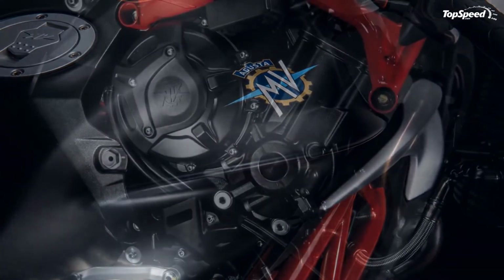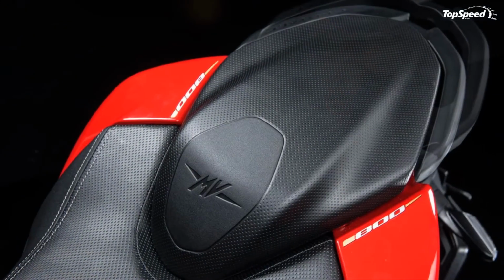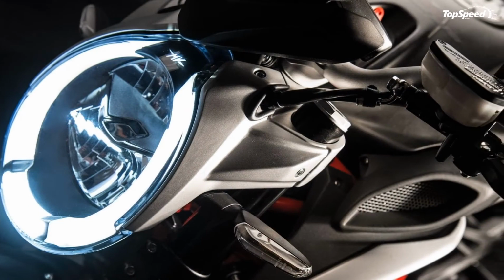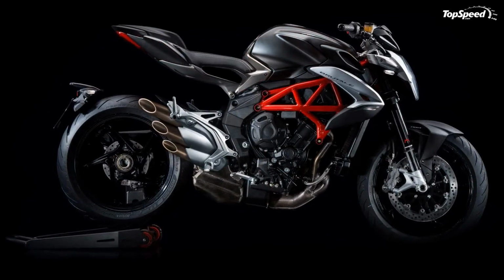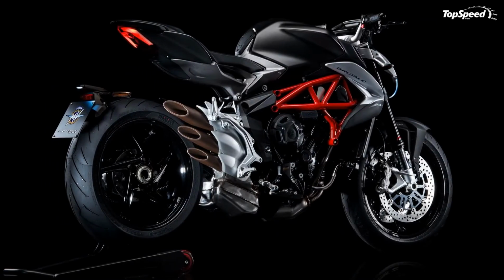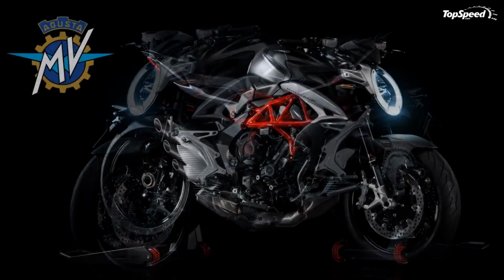That's half again more for the MVA product, and I hate to say as much as I love the looks of the Brutale, that price difference quenches my ardor like a bucket of ice water. Having said that, if money weren't an object, the Agusta would be my huckleberry every time, he said, just freakin' wow. This is a gorgeous bike with performance that will scare the crap outta, satisfy just about anyone's need for